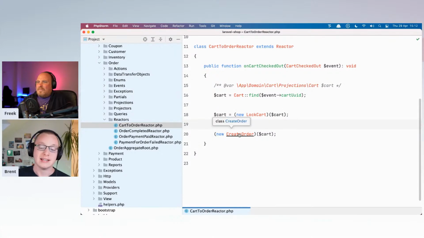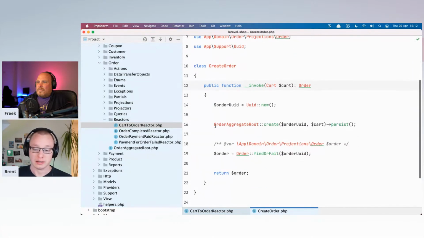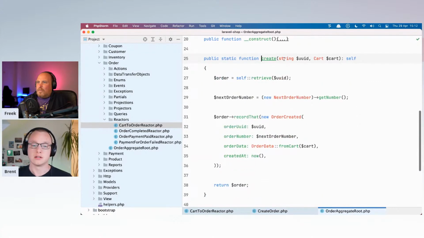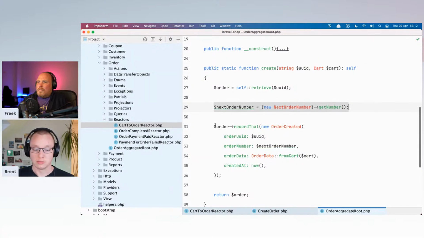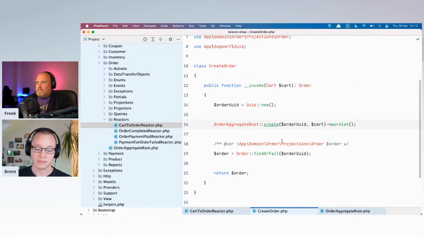Create order is the same. Again, this is an action. It will call this static constructor on the order aggregate root, but basically it will create a next order number. It will record an event and return itself, so return the instance of the aggregate root.